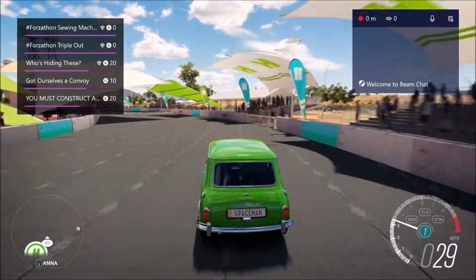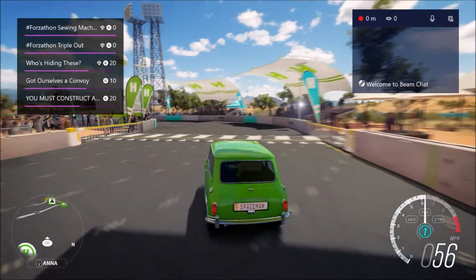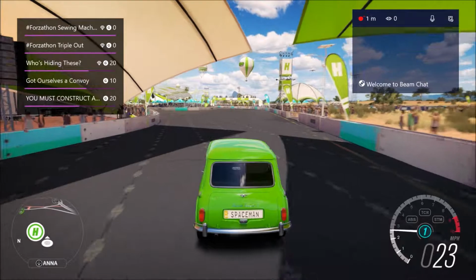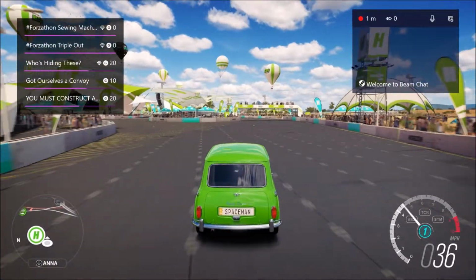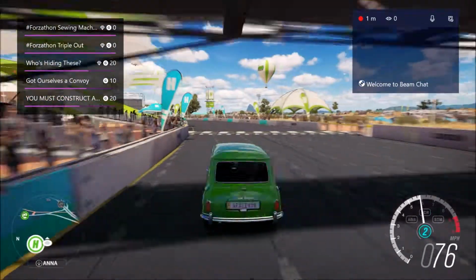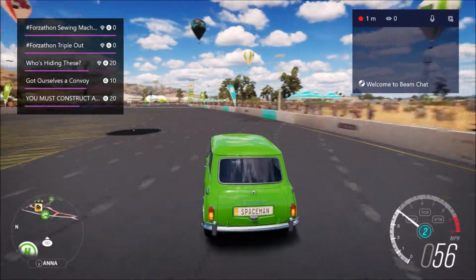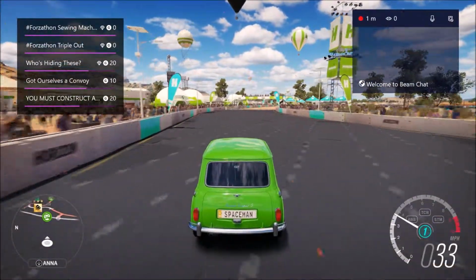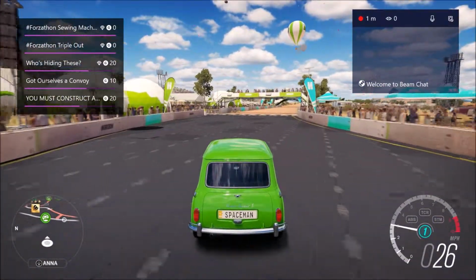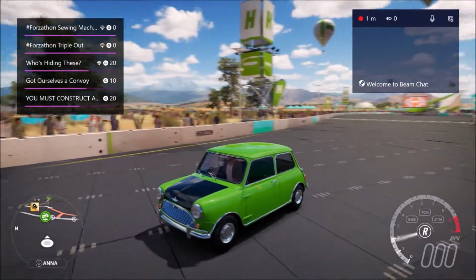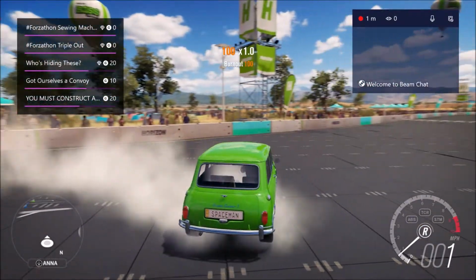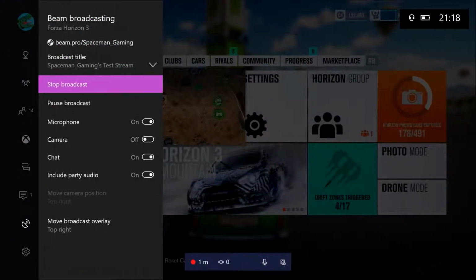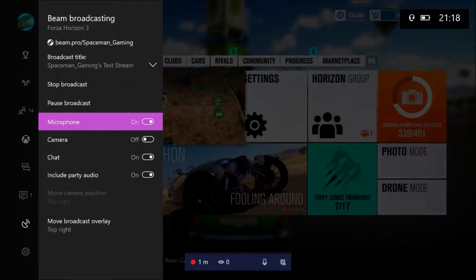So the useful thing with this, you get to see how long you've been streaming for. Say the red dot, it just went up to 1 minute, so you can tell how long you've been streaming for and how many viewers you got, if your microphone's enabled, and if you got your camera. And I'm guessing, haven't done it myself, but the welcome to Beam chat bit would be the chat box, so you can interact with your viewers. I'm not sure how you would be able to do that,